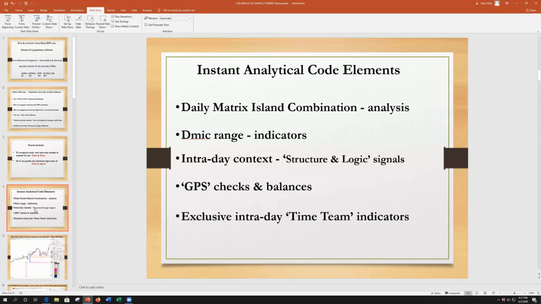You will learn to recognize and build on your favorite daily matrix combinations and its specific intraday context. The daily matrix combination indicates the key times of each new day, the key wave number for each new day, and the key prices of each new day. So together, logic and structure, time and price elements set out the working foundation of each new day in real time.